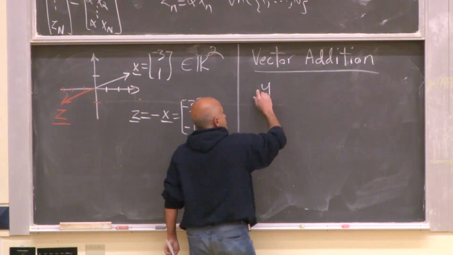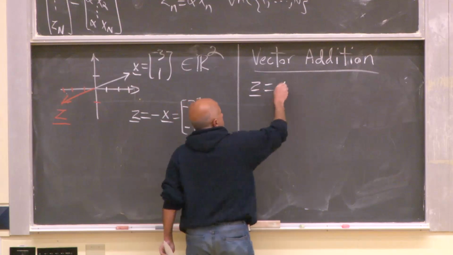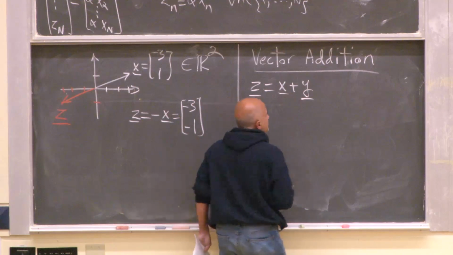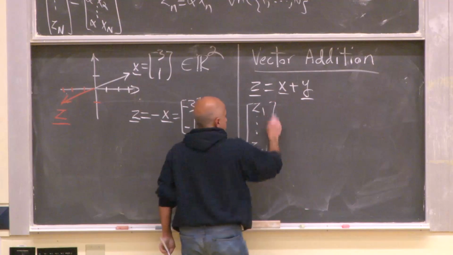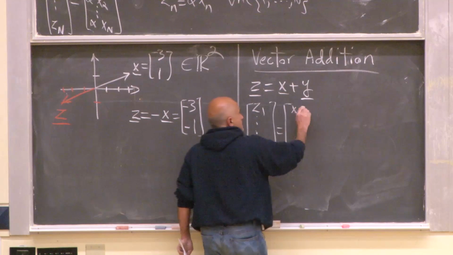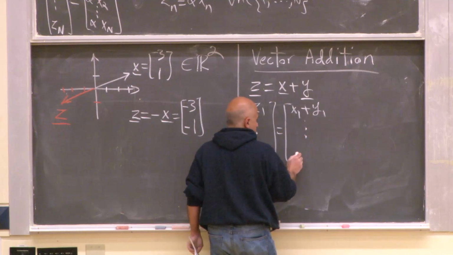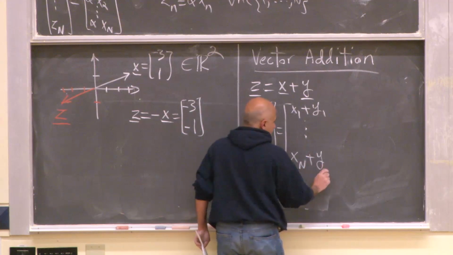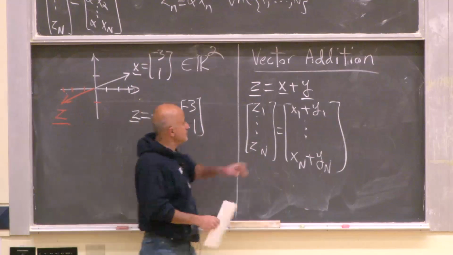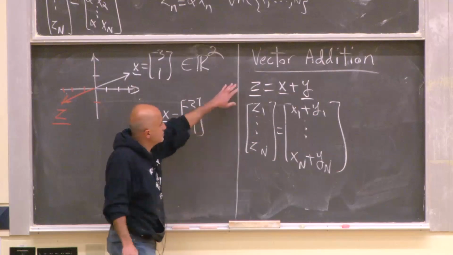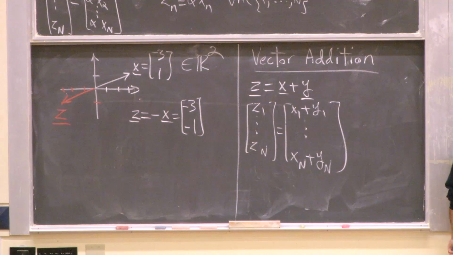So I say that z is the sum of two vectors x and y if, when I look at each entry in z, it's equal to the sum of the corresponding entries in x and y. So entry-wise addition in x and y produces z. And let's look at this geometrically. Let's say,